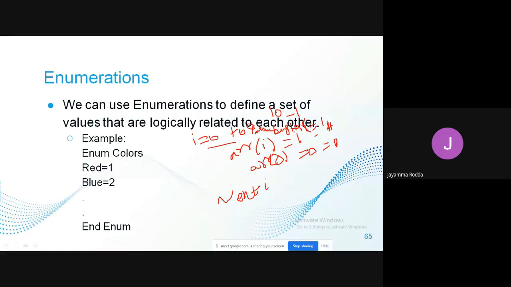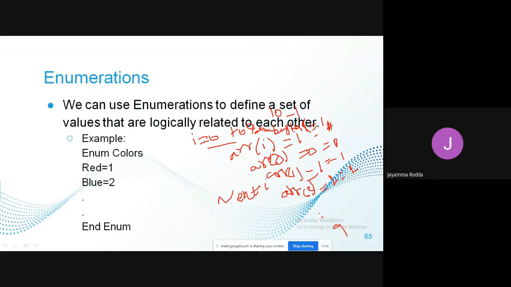And again, array of 1. What is the I value here? 1. So again, 1 will be stored. Again, array of I. That is, I will be incremented automatically. When the loop iterates, the value of I will be incremented. So again, here it will be 2 because the value is 2 here. So likewise, until 9, the array will be storing the values from 0 to 9.